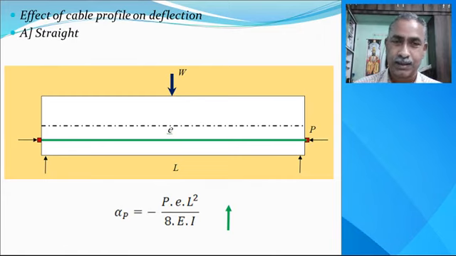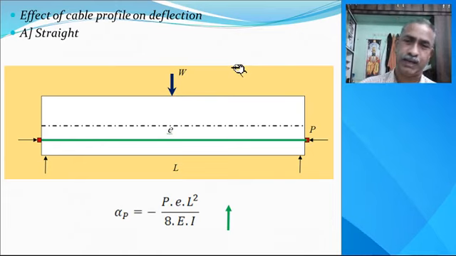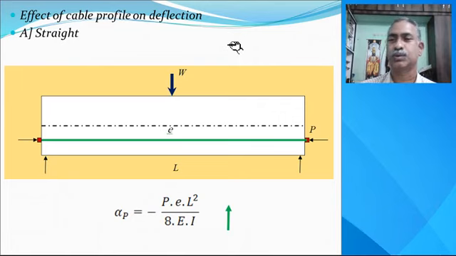Now, as we know, in structural analysis 1 we discussed the various methods to find out the deflection as well as the moment, such as the moment area method, where slope or deflection is equal to the M by EI diagram between A and B, and the slope of the M by EI diagram between A and B. So using this same concept, we can find out the deflection due to the prestressing force.